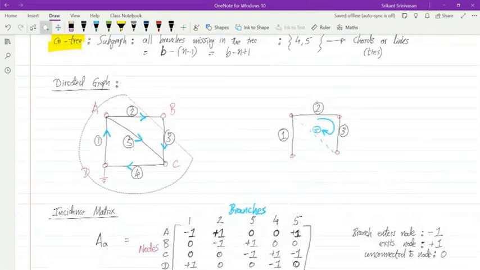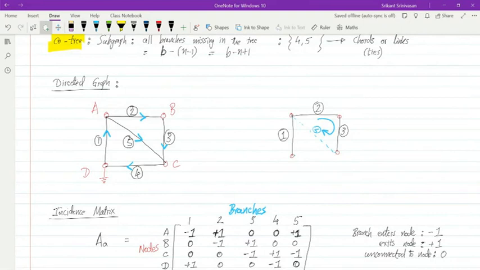Supposing I'm giving you this circuit. I want to find out all the voltages and currents. So how many voltages and currents do I need to find out to solve the circuit? Normally, if you draw the circuit in SPICE, then it will give you an answer. It will tell you what is the voltage at A, what is the voltage at B, what is the voltage at C. It will tell you that first of all, you have to put a ground. So you will put the ground node. Then it will find out what is VA, VB, VC, and it will tell you what is I1, I2, I3, I4, I5. So essentially the unknowns you have are 3 voltages, A, B, C, and 5 branch currents.